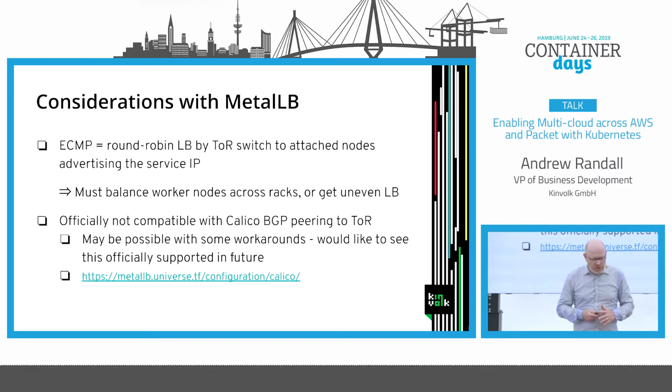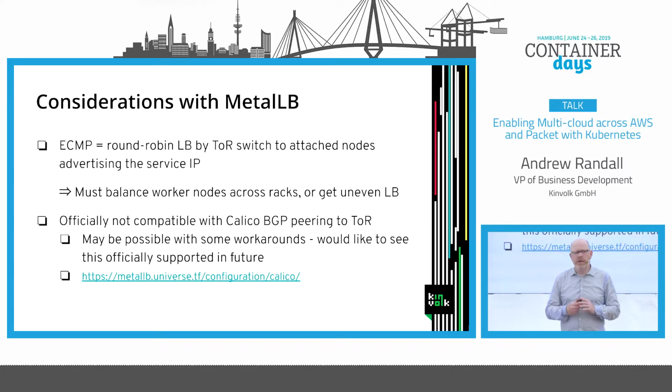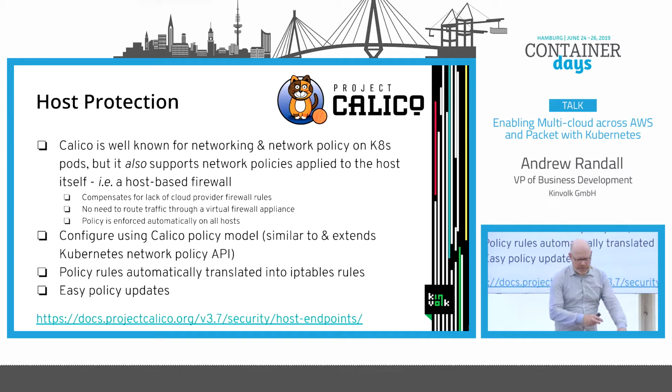The other thing which we've been looking at is that we use Calico for networking. If you want to do Calico BGP peering to the top of rack switch, and MetalLB is also peering to the top of rack switch, now you've got conflicting BGP peers that you're trying to set up. There are ways around this, and I'm talking with some of the folks at Packet who've done this. It's on our to-do list to optimize the networking to make the most of Calico's non-overlay networking for the best performance. So those were a couple of things we came across with MetalLB.